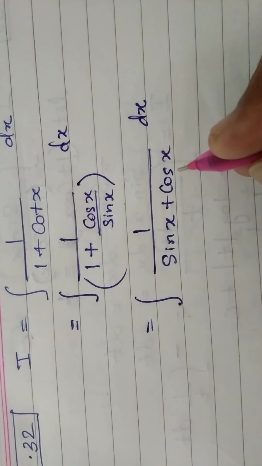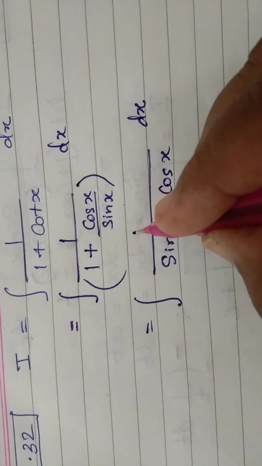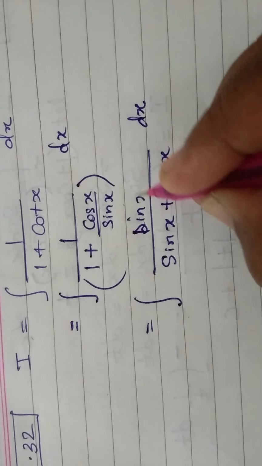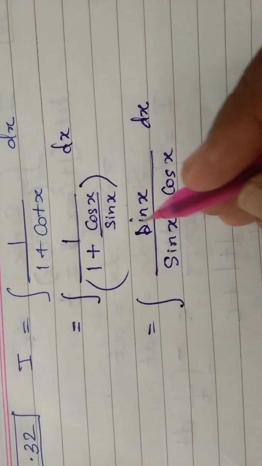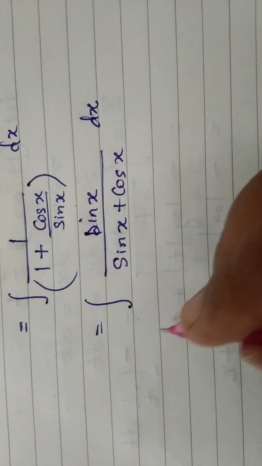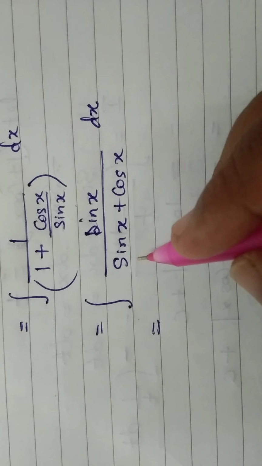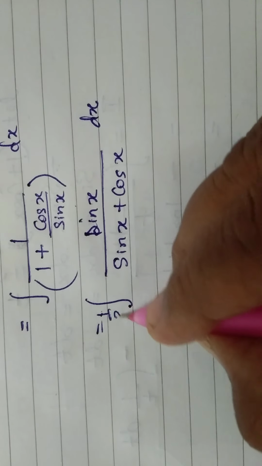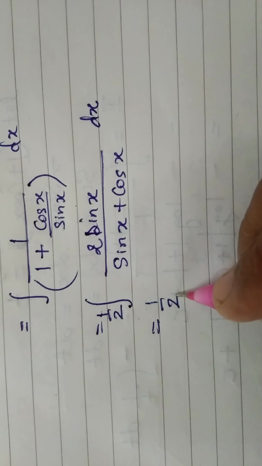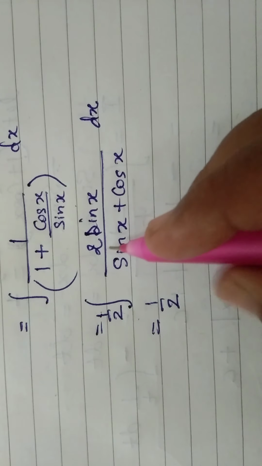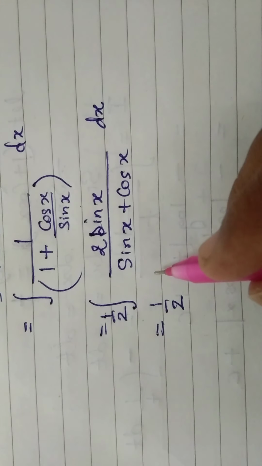This the whole upon sine x in the denominator, that goes to the numerator, so that sine x will come here in the numerator. So the denominator of the denominator, which was upon sine x, came back to the numerator. And now what we do is, in the same step, we'll do one more thing over here. I'll divide by 2 and I'll multiply by 2. So now I have this 1/2. I had divided by 2, I multiplied by 2. So first I took LCM, then I divided by 2 and I multiplied by 2.